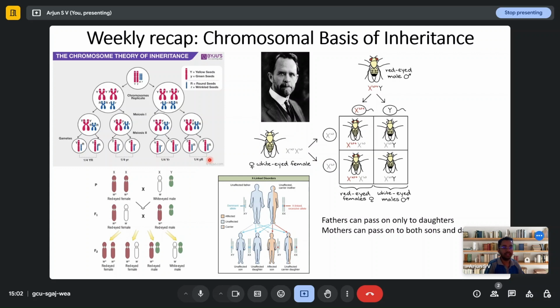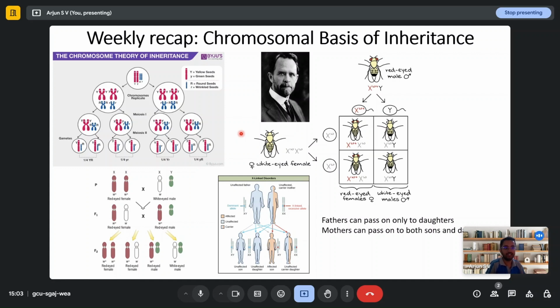And while ending the week's lectures, we saw how there are other cases of non-Mendelian inheritance as well, where one of the dominant alleles can be not completely dominant. It can show incomplete dominance as well as it can be co-dominant with any other dominant allele as well. So continuing from week 4, week 5's initial lectures also dealt with genetics, and week 5's lectures started with chromosomal basis of inheritance or chromosomal roots of inheritance,